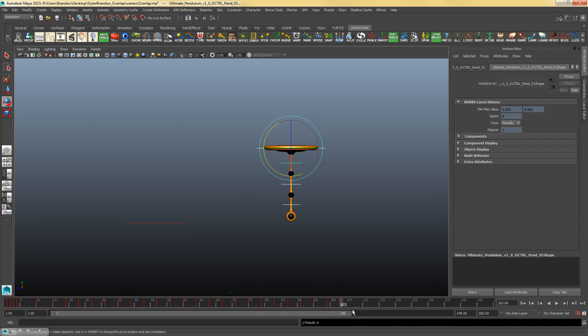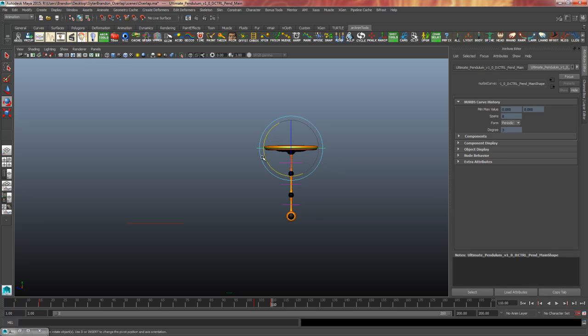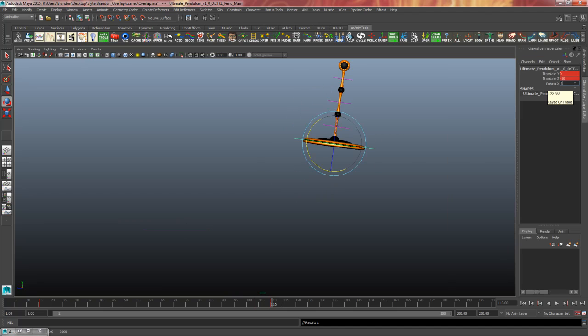Then I'm going to expand this here. You can always type in numbers. I'll go to frame like 110, hit S again, and we're going to treat this as if it were a spine instead. So I'm going to select this main control on 110. I'm going to rotate it up like this, 180 degrees. I'll zoom in,